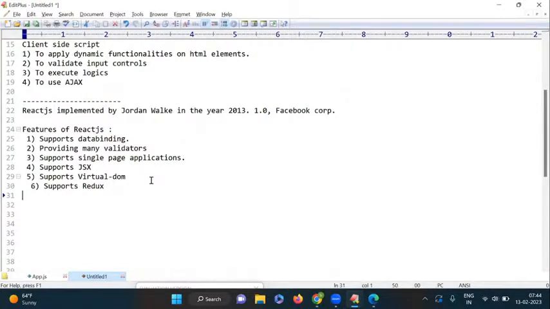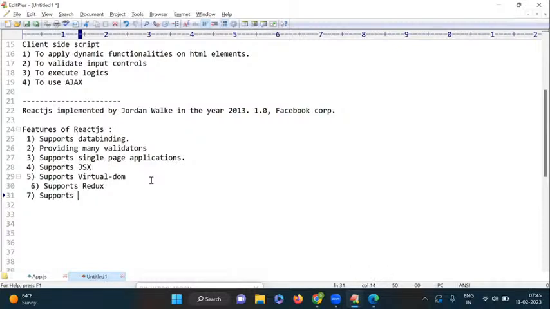Okay, Redux is providing more enhanced features than cookies, sessions and other objects. So we are also discussing local storage, session storage, and along with that, we are also discussing the Redux concept. So I will explain what Redux is and what the benefit of Redux is. Okay. Next one here,